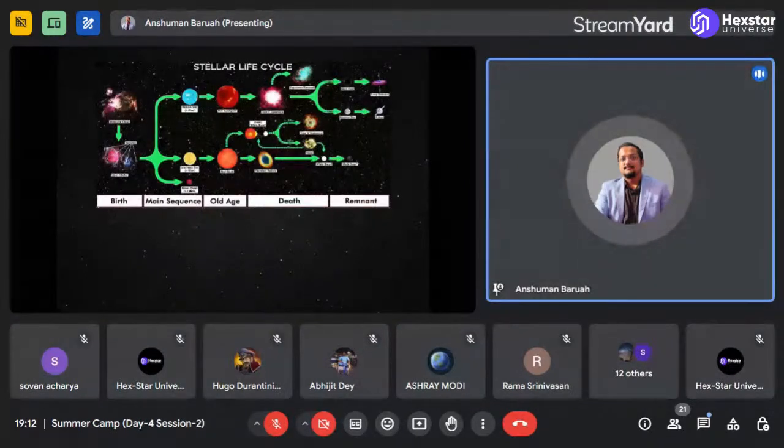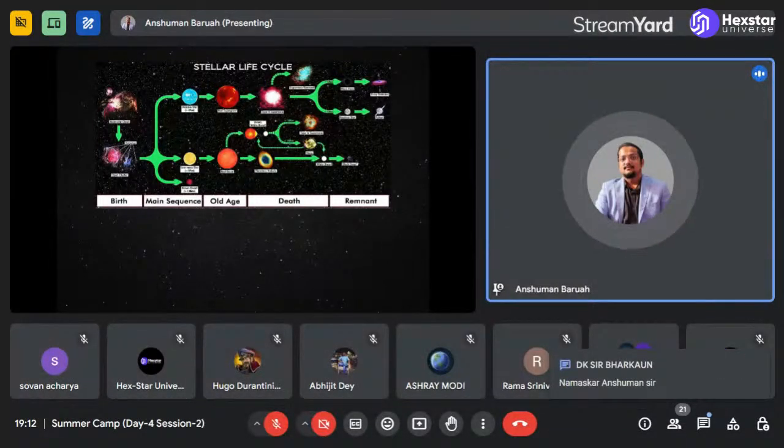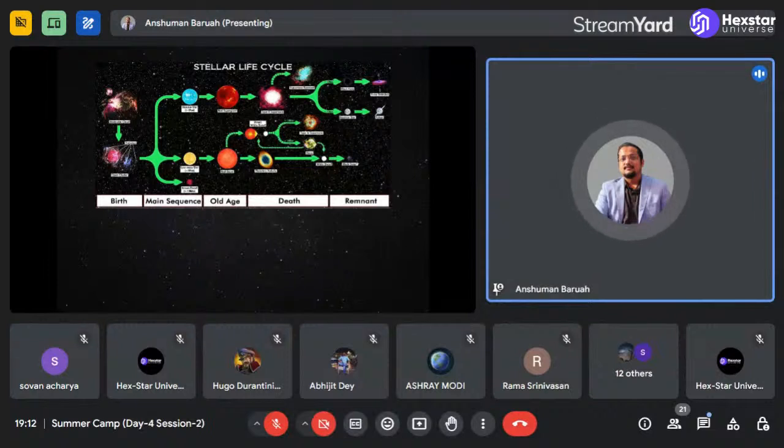Or if you have more massive stars, say for example, stars which are around 8 times more massive than our own sun, after burning hydrogen, they end up becoming a red supergiant. And these type of stars actually explode. These huge explosions are called supernovae, and these supernovae lead to some different phenomena. Depending upon the mass of the star that exploded to form a supernova, you can have a remnant supernova cloud, or you can form a neutron star, that is a star that is made completely of neutrons, or you can even have a black hole.